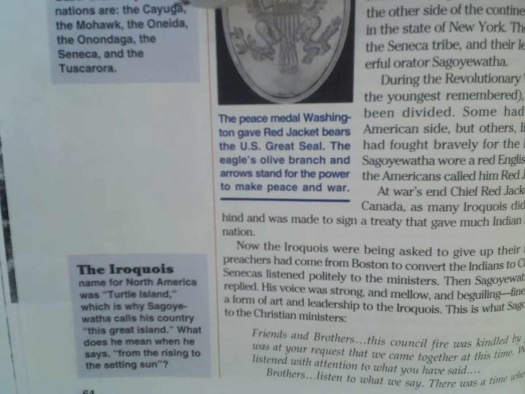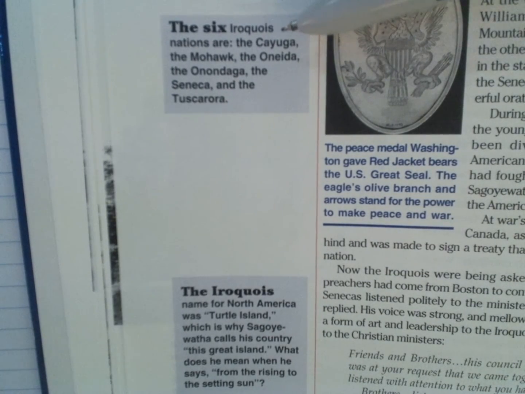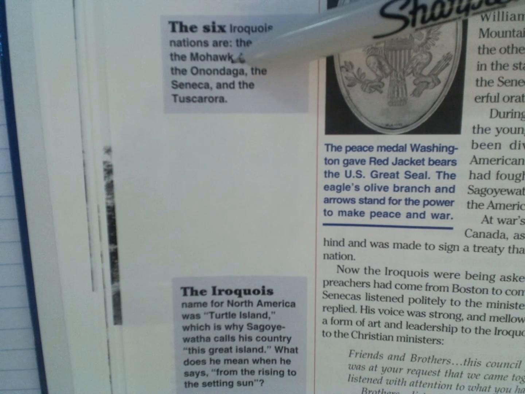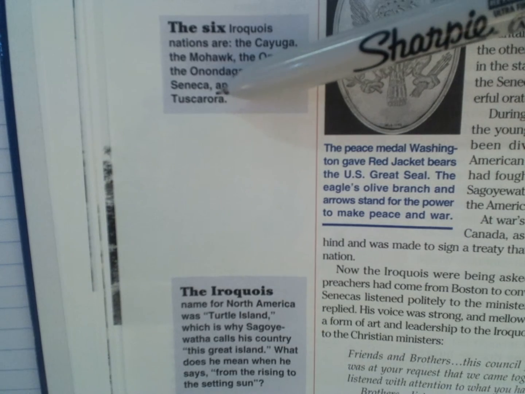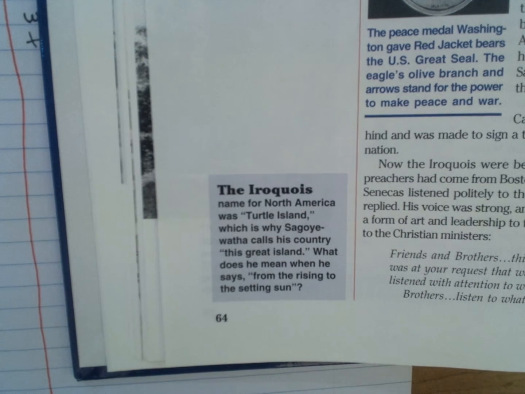Before we move on, and I allow you to do that, just real quick here, over on the side, this says the 6 Iroquois nations are the Cayuga, the Mohawk, the Oneida, the Onondaga, the Seneca, and the Tuscarora. Down at the bottom, reading the bottom blue square, it says the Iroquois name for North America was Turtle Island, which is why Sagoyewatha calls his country this great island. What does he mean when he says, from rising to the setting sun? Okay,